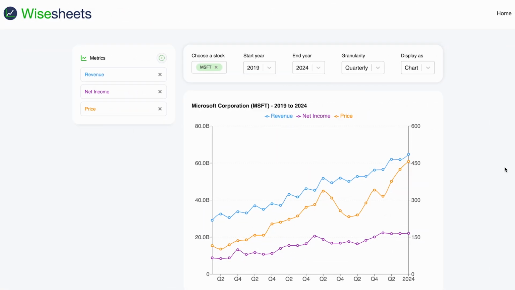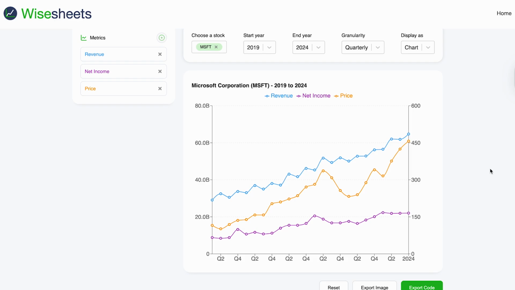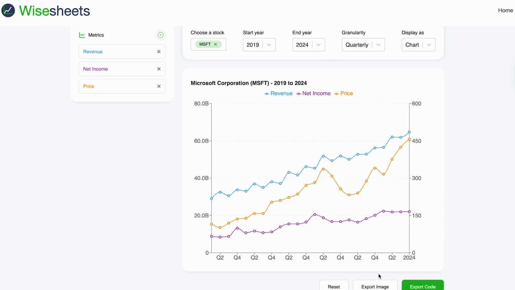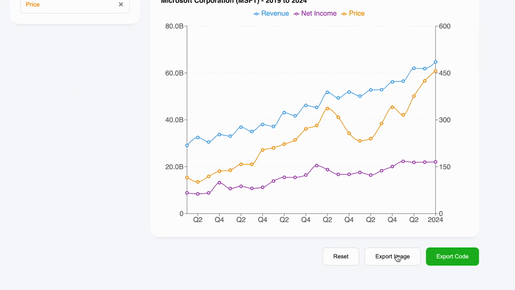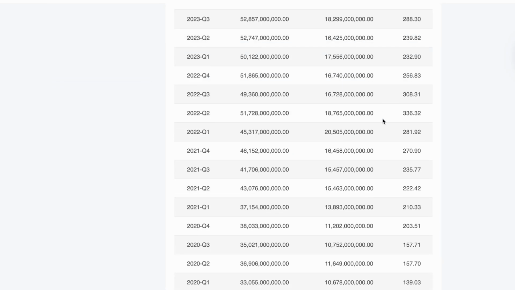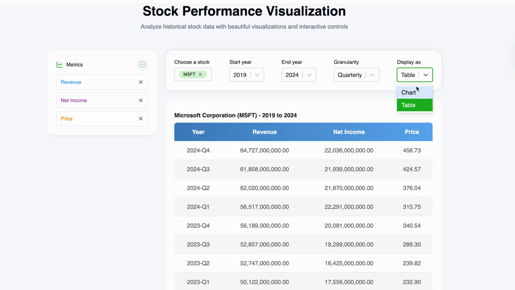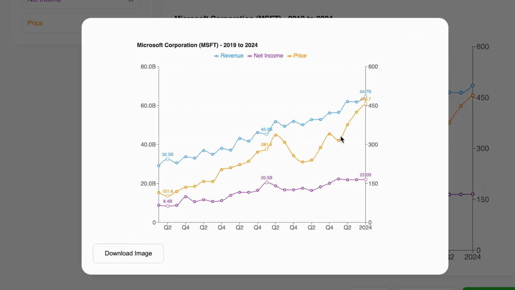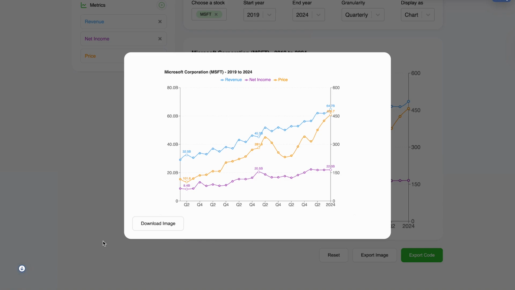Now, not all of us have a website where we can actually post helpful information like this, but one of the cool things about this is that you can just export this as an image. So we have our chart, or we could also do the same thing with the table. It follows the exact same process, but let's just keep it to the chart. We click on export image right here, and absolutely free, you're going to be able to download this image. So as you can see, this will tell you how this is going to look. You click on download image, then this goes to your download folder,